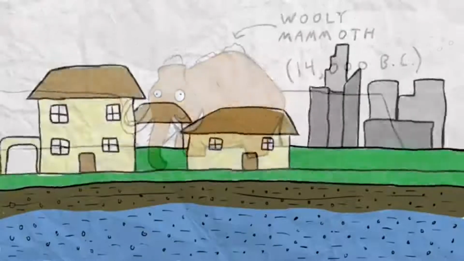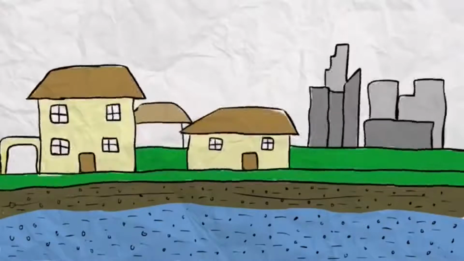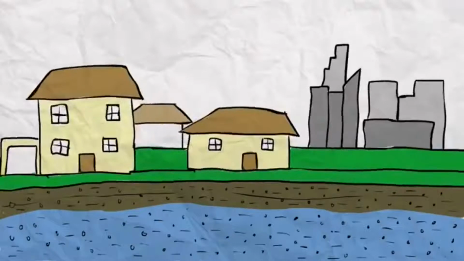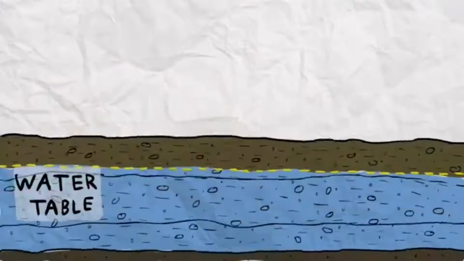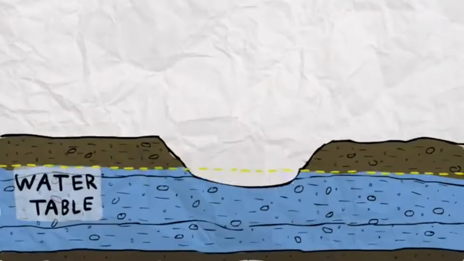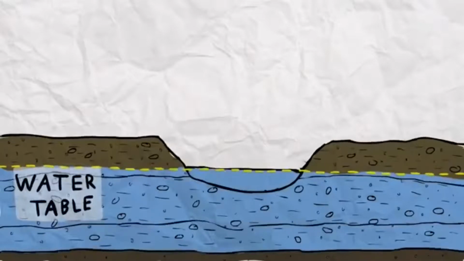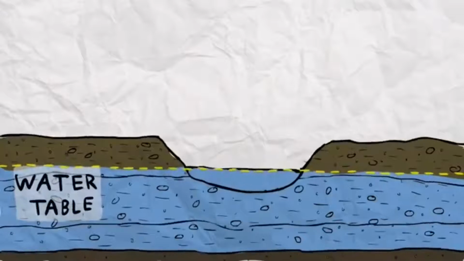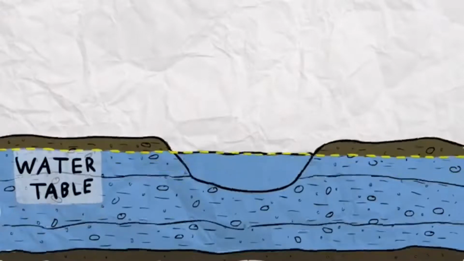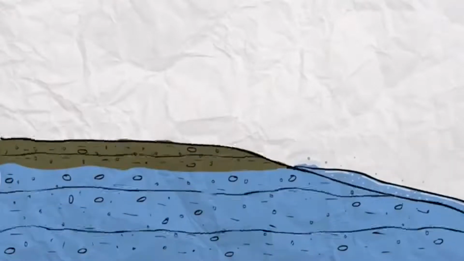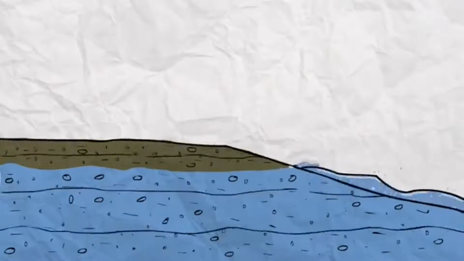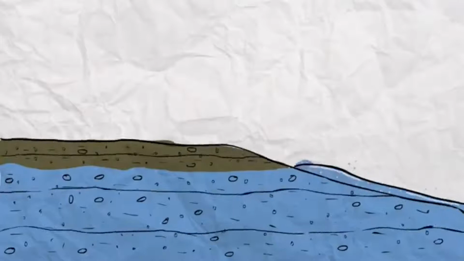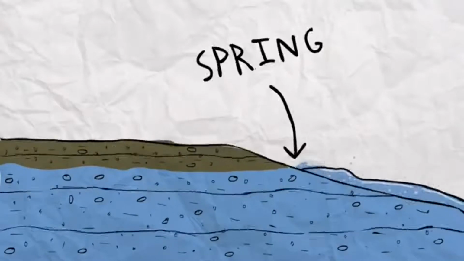But after it gets there, groundwater doesn't always stay in the ground. A lot of the water on the surface comes from aquifers. If the surface of the ground dips below the water table, groundwater flows out into the space, creating a body of surface water. If the surface water dries up, groundwater can flow in to fill it back up. And if the water table in this area rises, so does the level of the surface water. Groundwater can also pour down a sloping surface, creating streams. Any place where groundwater flows out into the surface is called a spring.